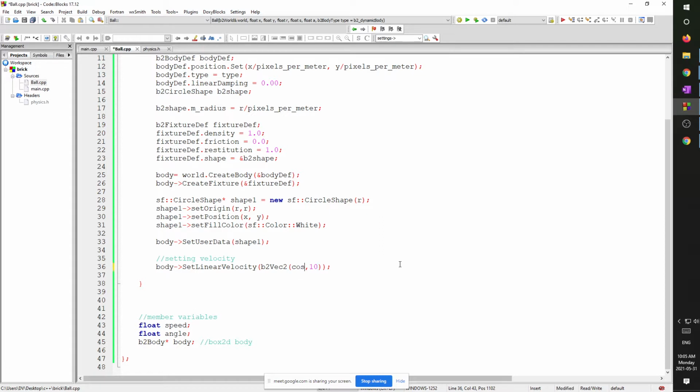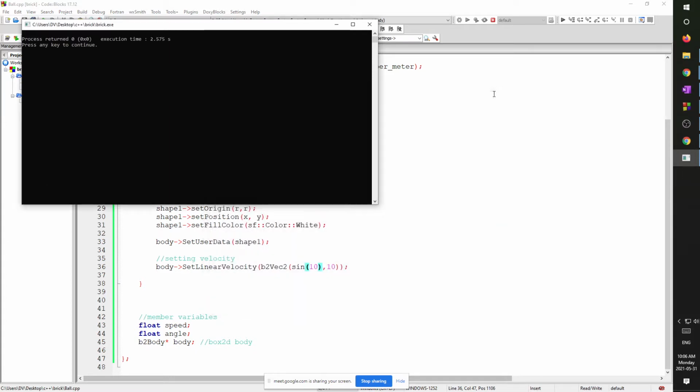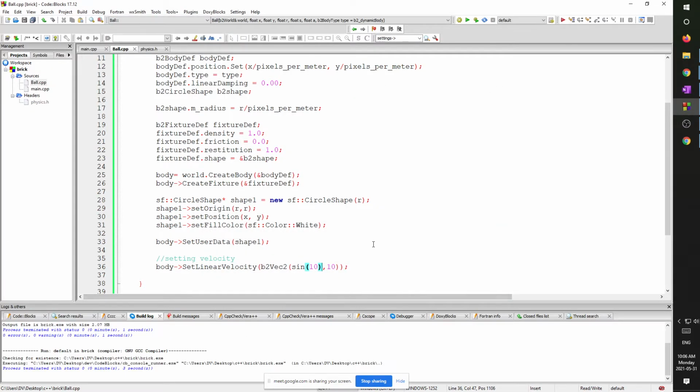Does this thing let us do cosine? No. Or sine? I'm just going to write sine of 10 and see. It might not let us do sine. Oh no, it does. Okay, cool. So this is just an x and a y speed, right? So if we know the speed and the angle that we want, we got to use,